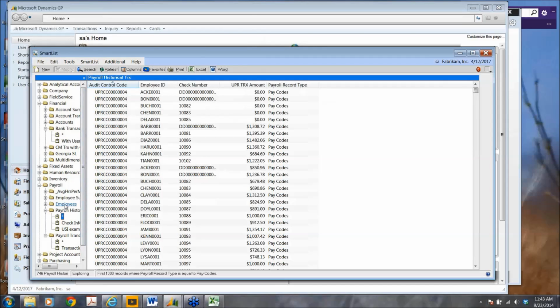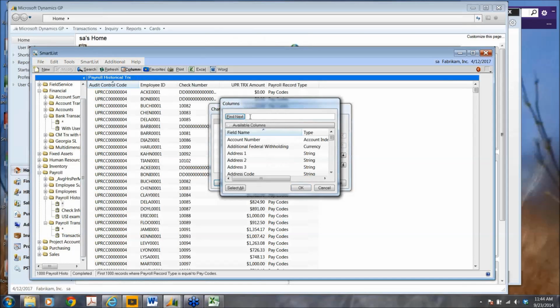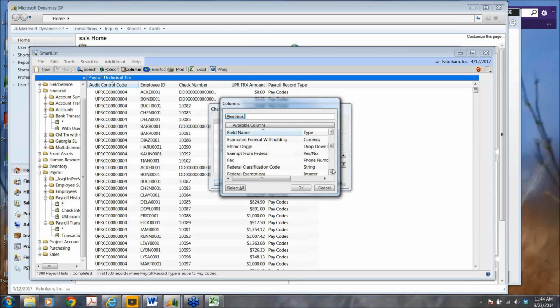Those are the two main ones, the employee and the payroll historical transactions. Those are the main things that people use when they're looking for payroll information. And you would probably need to add what the payroll record code is. I think that's, so this payroll code would be like your pay code or your deduction code. And a lot of times people also want a quantity in here. So I can never remember exactly what that is, but